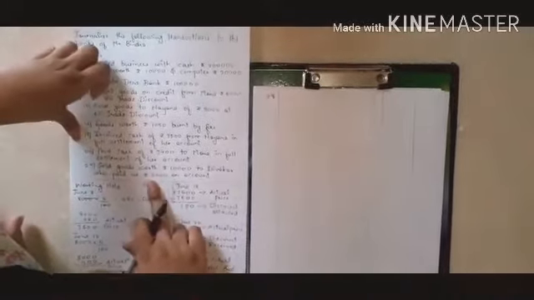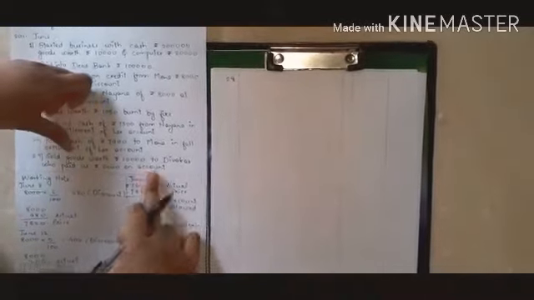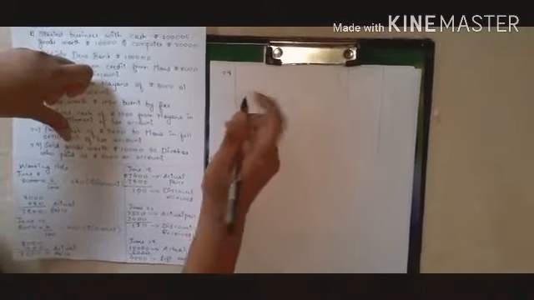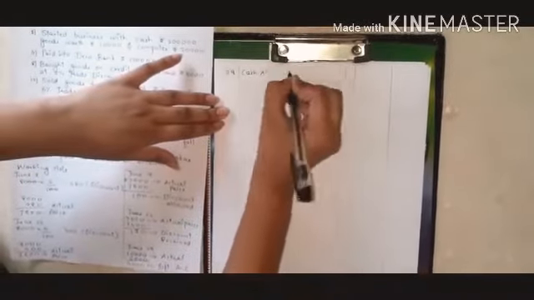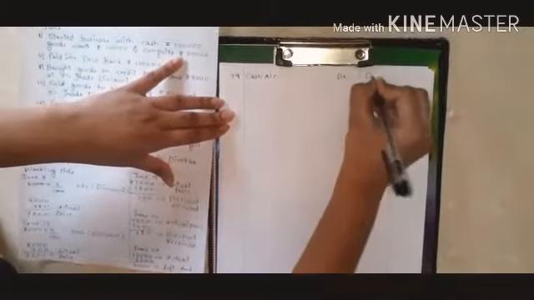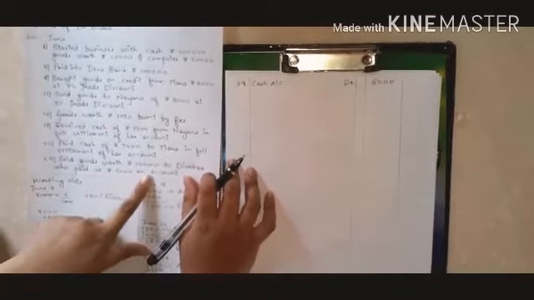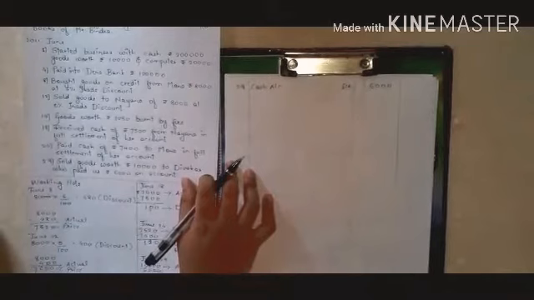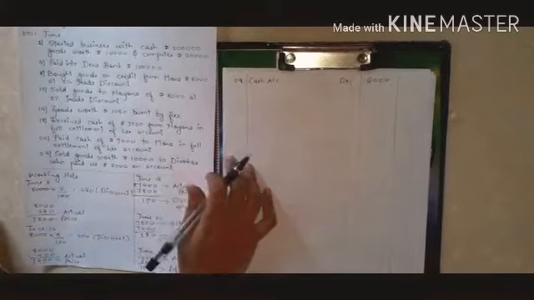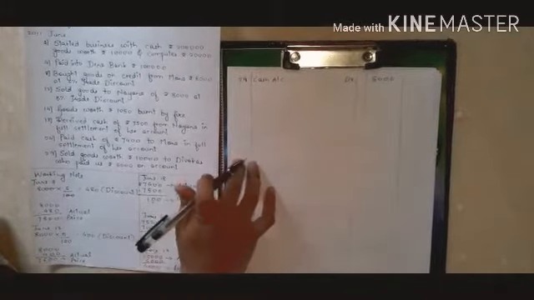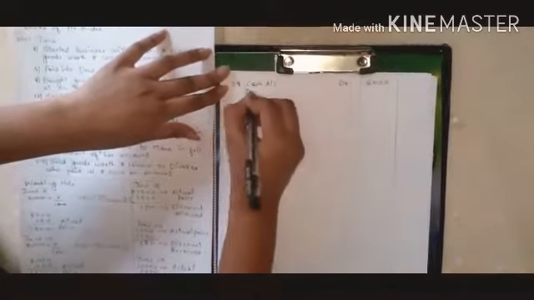Last transaction, sold goods worth rupees 10,000 to Divakar, who paid us rupees 6,000 on account. So on 29 June we received cash of rupees 6,000. So cash account debit. What is the amount? 6,000. But what is the total amount of goods? That is 10,000, out of which only 6,000 is being received. But the remaining amount of rupees 4,000 is being left with Divakar. So he is the receiver of that amount. So Divakar account debit.